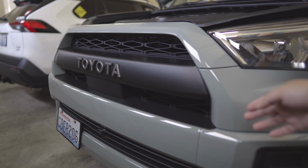Again, there's some gaps in here. Again, this is not really made for the TRD Sport or the limited body. This is for the SR5 and the TRD Off-Road. But yeah, right now I'm happy that it's completed. I just need to put,